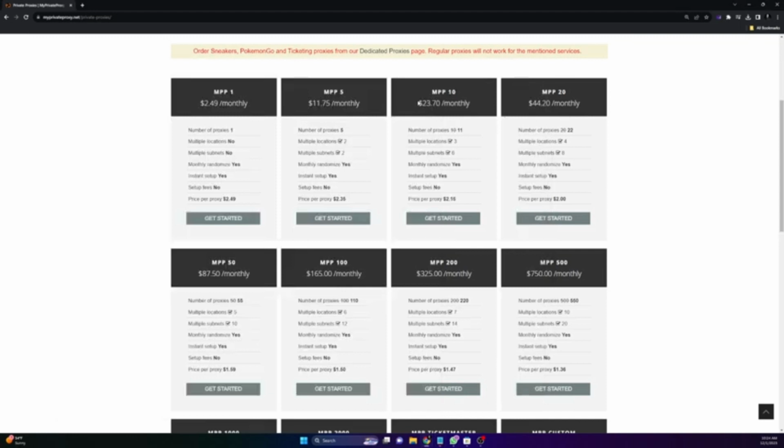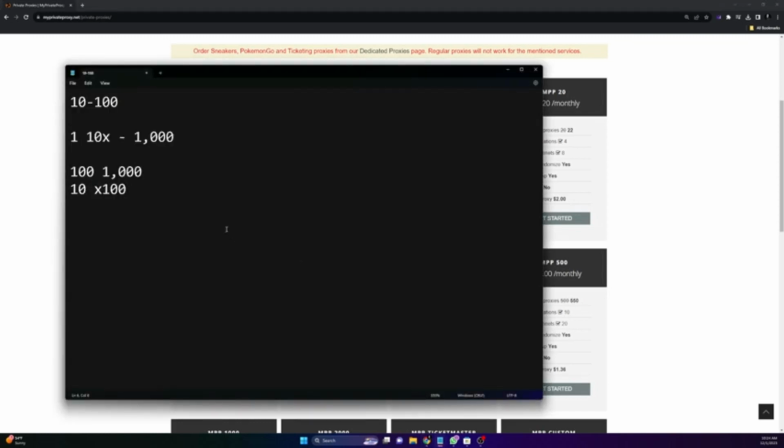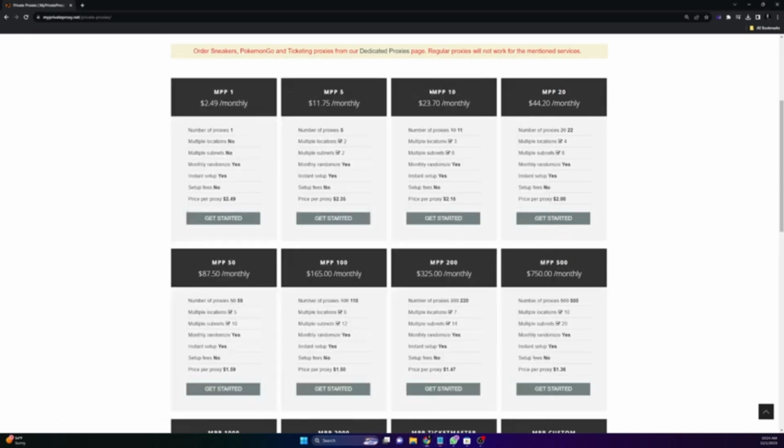Now, I recommend anywhere between 10 to 100 because your speed is going to go up the more proxies you use and the more threads you run. And I'll explain more of this later in this video, but just know that if you're starting out, maybe just get 10, if you want to just experiment with kind of a slower scrape and sending of messages. If you want it faster, you just want to go full speed, you would want to get something like the 100. And I actually have around 700 proxies myself,